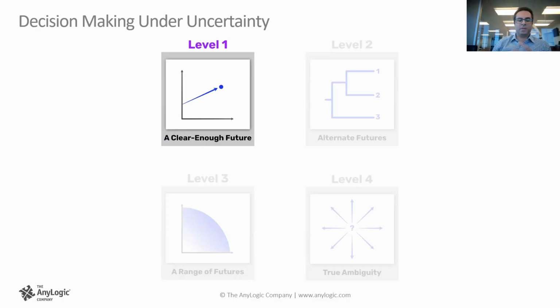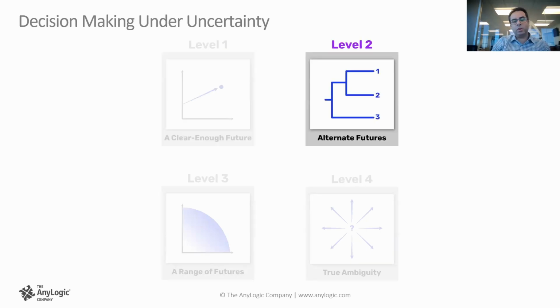There are many things that can be done. A deterministic simulation could be a solution here, but probably just a simple regression could lead to a pretty useful answer. Level 2 is